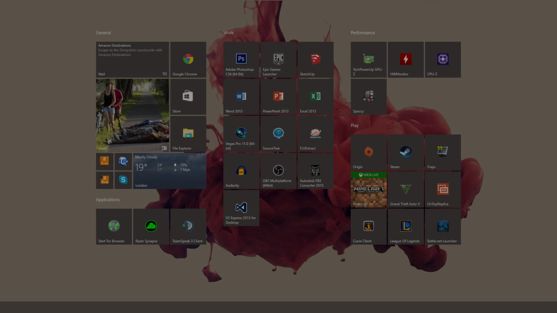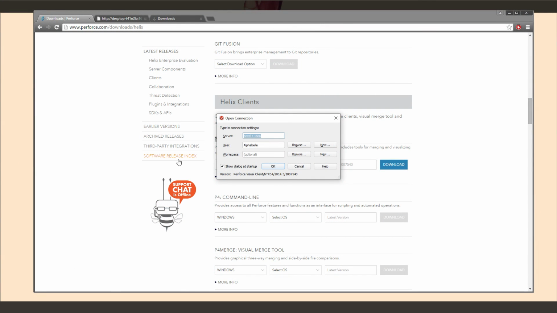Let's go ahead now, and I'm just pressing start here. I'm going P4 and then V. P4V will give me this little thing here. So the server,